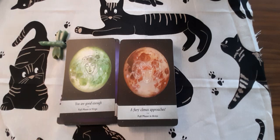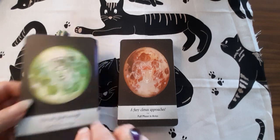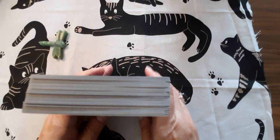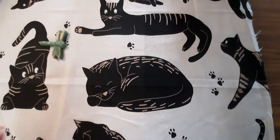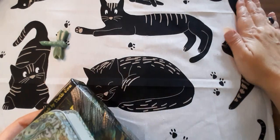So there we go. Really nice cards. You know, these are definitely helpful, again, for kind of setting the scene in tarot readings, or just as a card a day to draw. I really like those. So the next decks that I've got here are